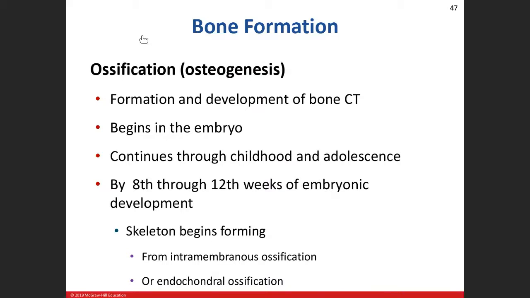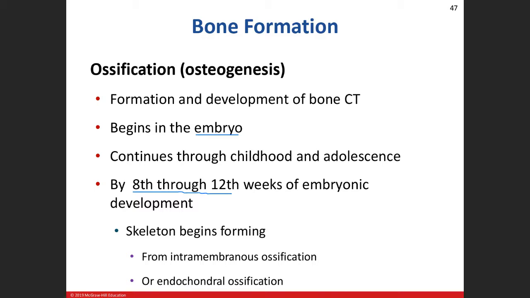So now we know how cartilage grows. So we're going to talk about one last part here, and then we're going to get into the fun stuff. We're going to talk about the process of ossification, also called osteogenesis. So what is that? That's the creation of new bone tissue. So this is going to occur when we're an embryo. And you need to know this has been asked on several tests. This is going to occur weeks 8 through 12. We will start to grow bone tissue, weeks 8 through 12,